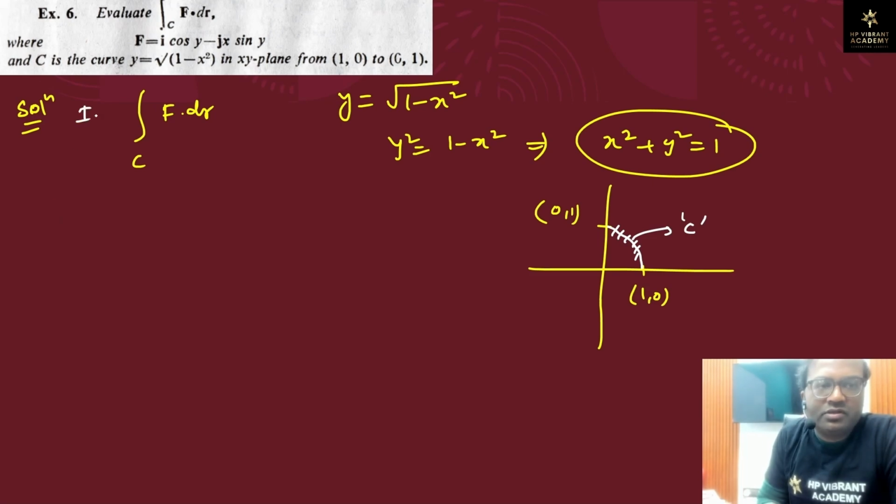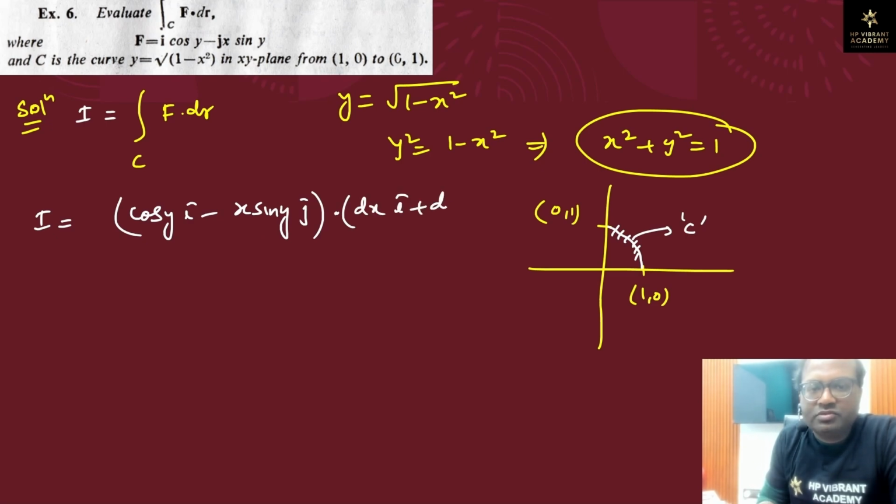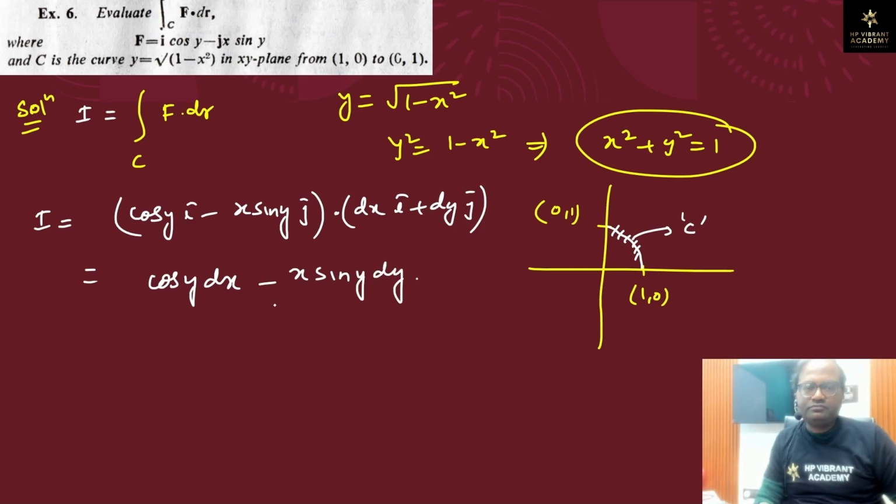Okay, so we have the integral I equal to the integral of cos y i cap minus x sin y j cap dot dx i cap plus dy j cap. So this is equal to cos y dx minus x sin y dy, integrated along the curve C. So this we can write as the differentiation of